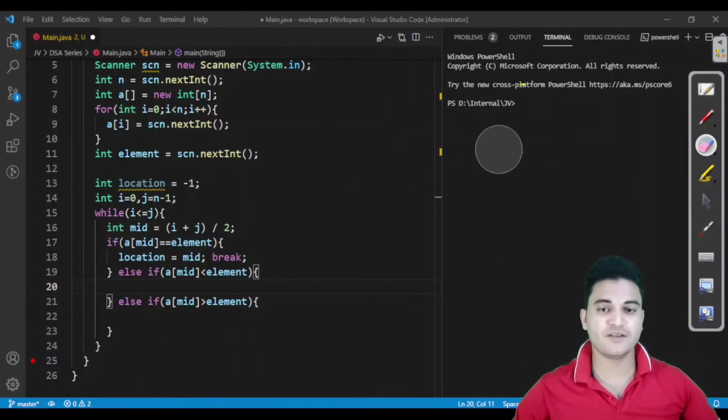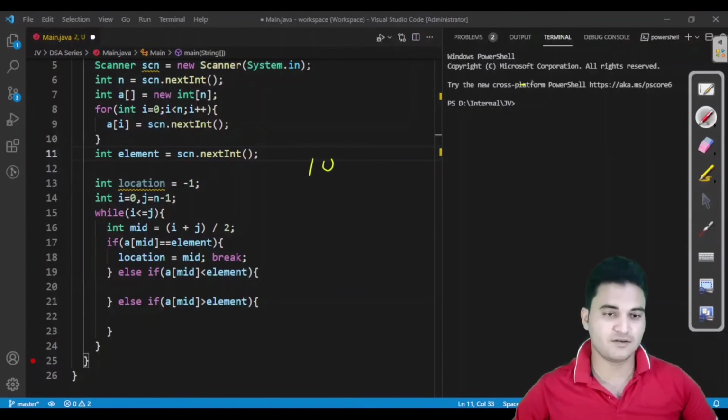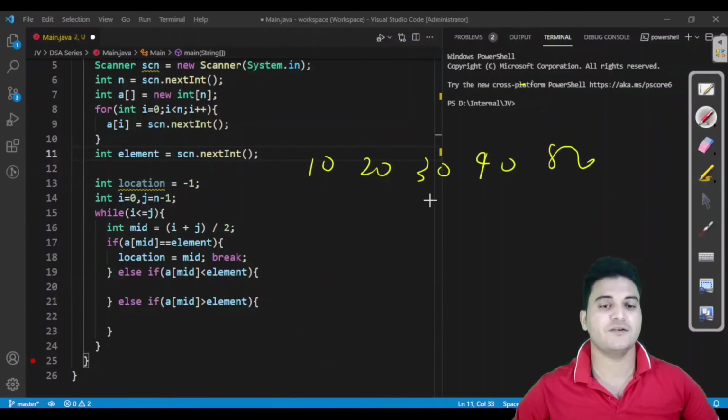And if A of mid is less than element, let us say you were having the input 10, 20, 30, 40, 50. Let us say this is 0 and this is 4, I and J, and the mid is 0 plus 4 by 2, which is 2, so your mid is this, 0, 1, 2.